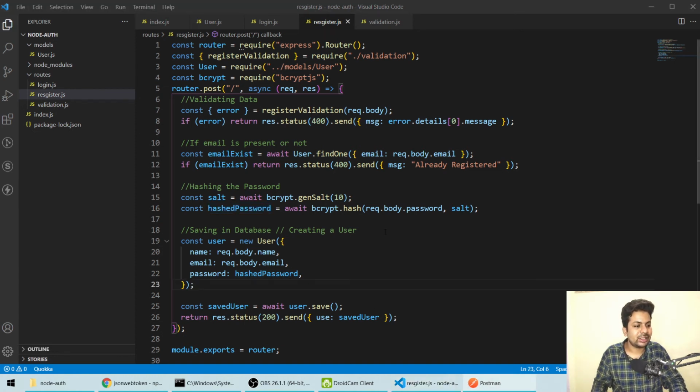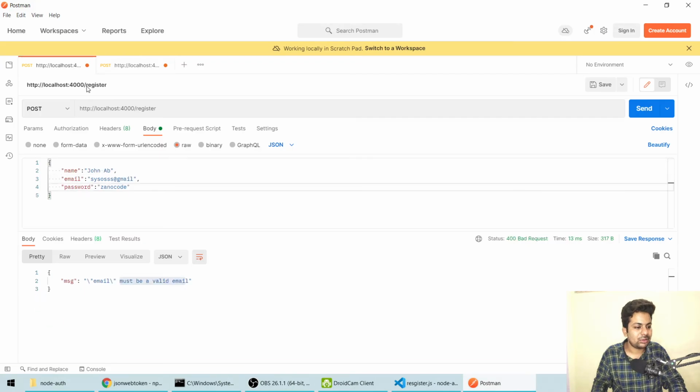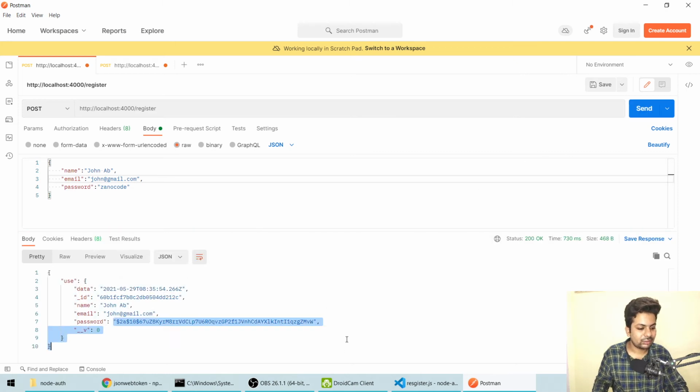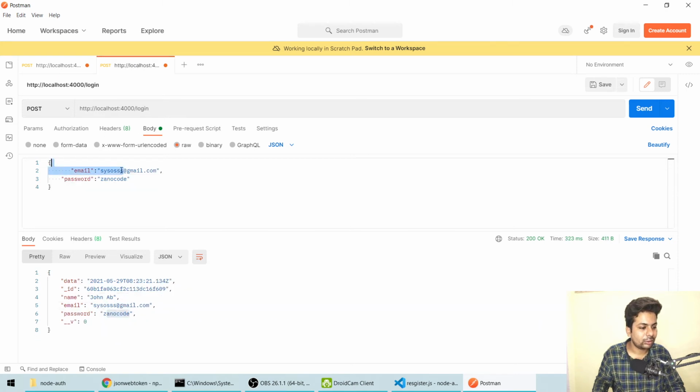Okay, now register a new user. I'm going to use, and we'll say John at the rate gmail.com. Okay, and we'll register it. So see, this is the password we get. Now we'll use John at the rate gmail.com.